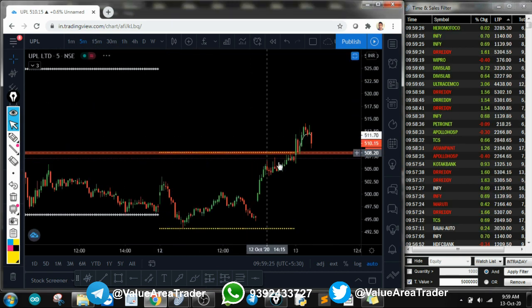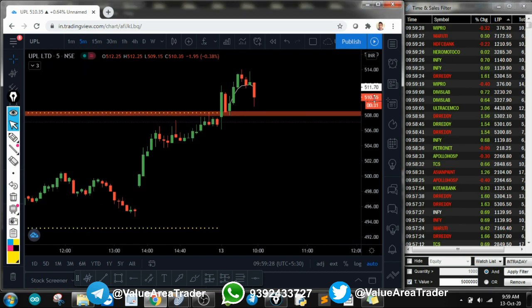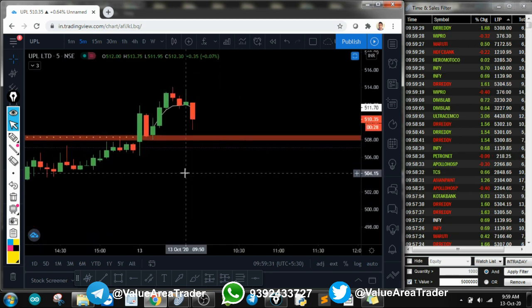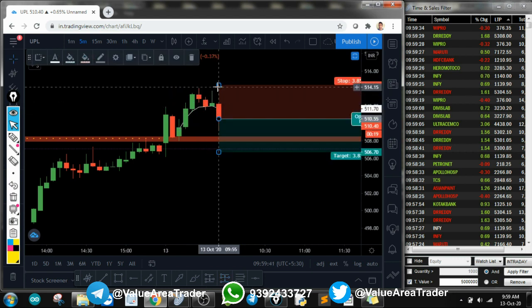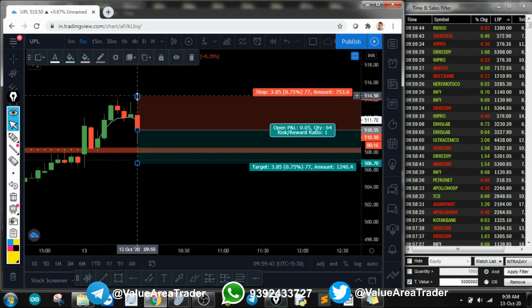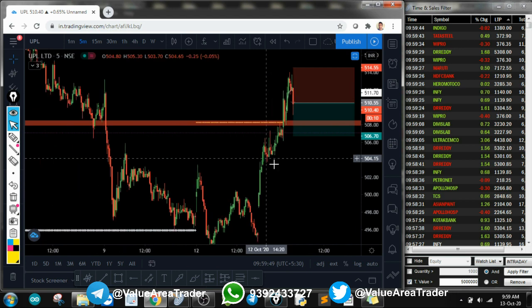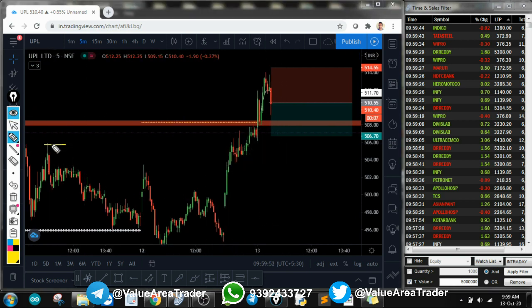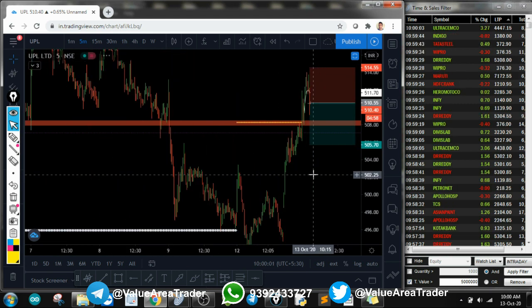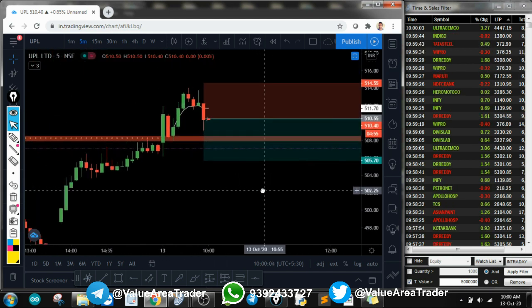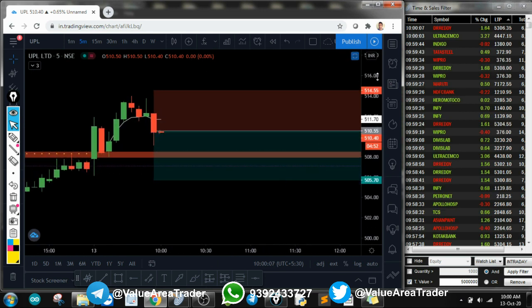Let's see in the 5 minutes. Do we have a good risk reward ratio? If I enter here, how much would be my loss? My loss is 0.75%. And where can I keep my targets? My targets can be somewhere here. I think 1.2 risk reward ratio. If I want to enter here, let it pull back a little, then we'll try to enter.